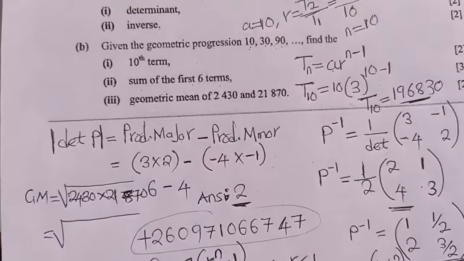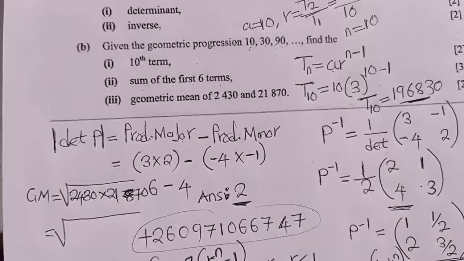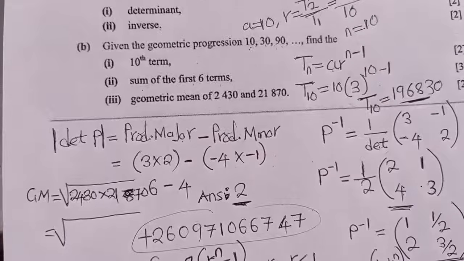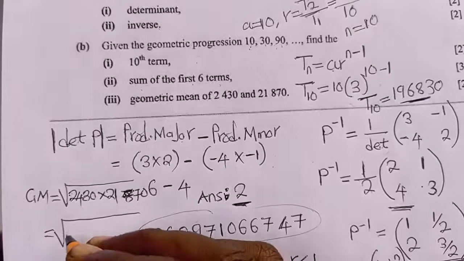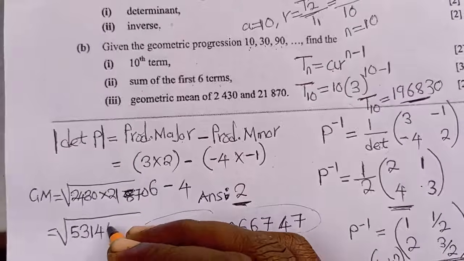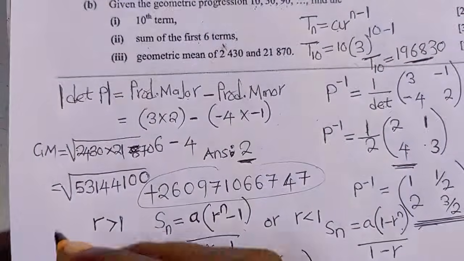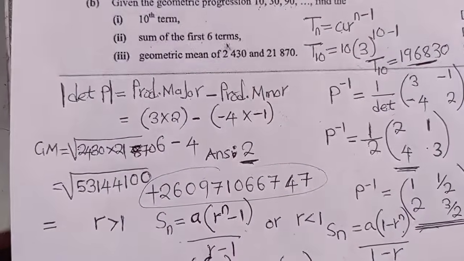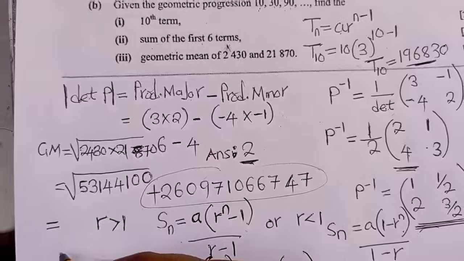So this is equal to the square root of what you are multiplying: 2430 times 21870. What answer are we getting? The answer that we are getting is 53144100. This is the answer that I'm getting. So finally, if you find the square root there, what is the answer? If you put the square root there, the answer that you are getting is